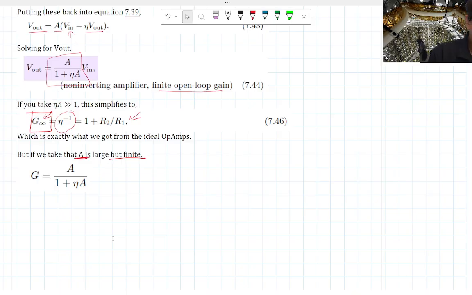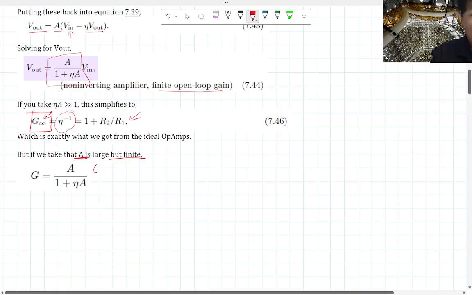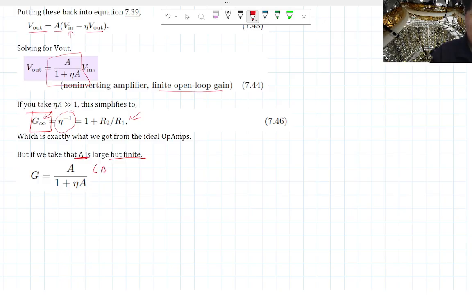So first of all, what I'm going to do is go up here, just so we go in the right direction. Okay. What we want to get to, what I'm going to do is multiply the top and the bottom by, let's say, eta times a to the minus 1. I'm going to do the same thing on the bottom, so I'm just multiplying by 1, so that's perfectly safe,